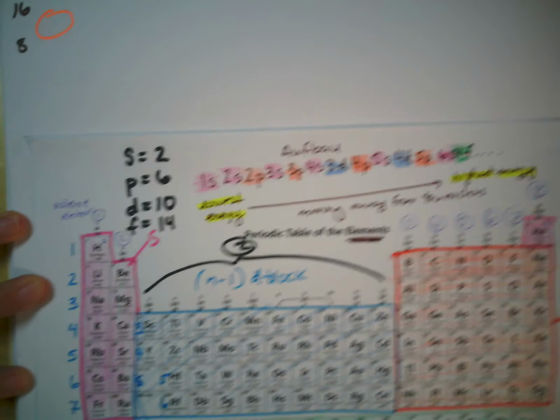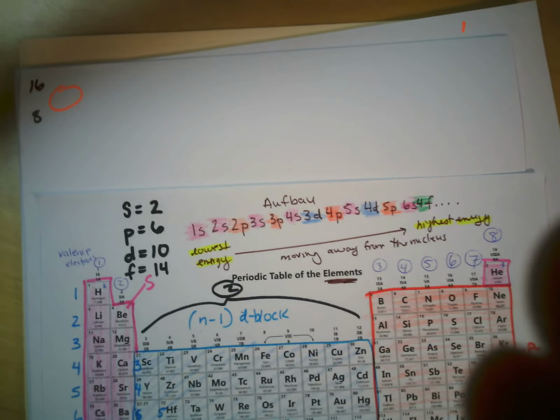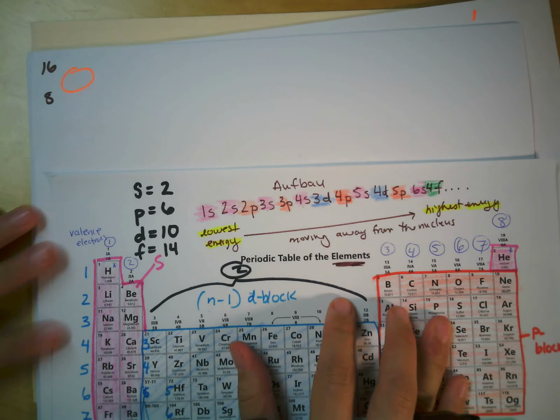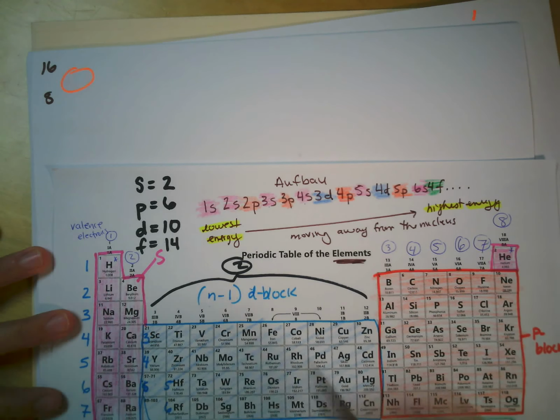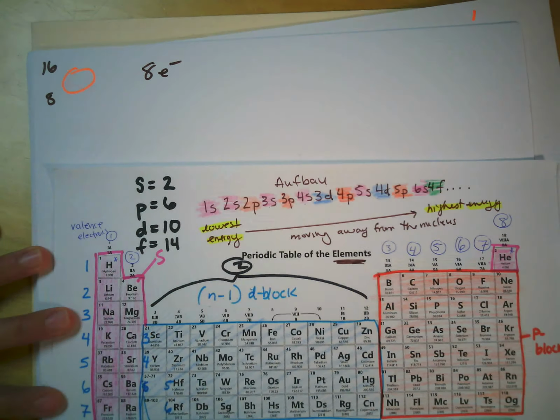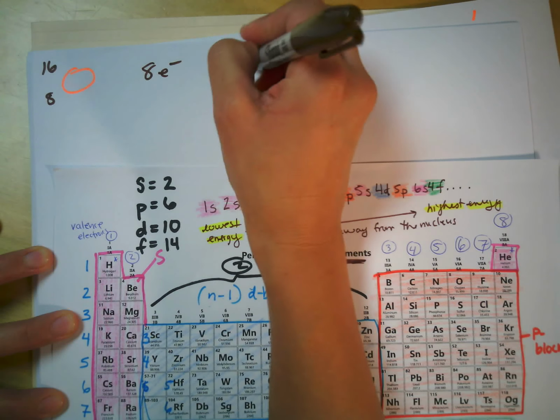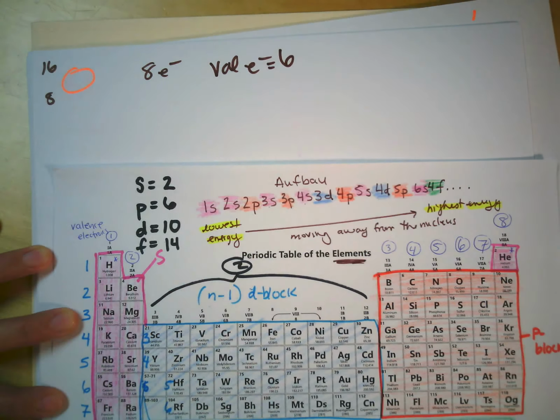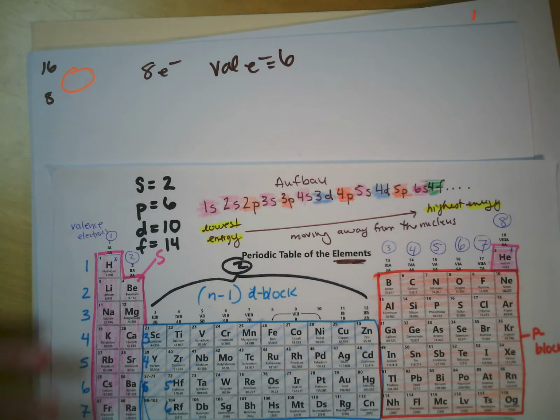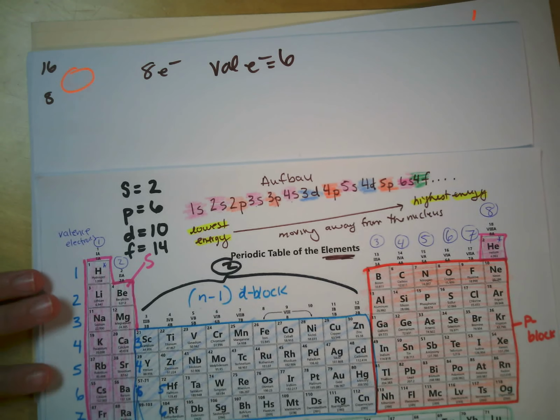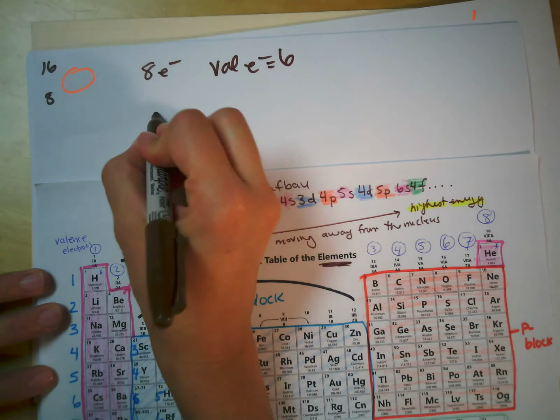Let's bring this just a little closer. Not sure if that helped you. This has 8 electrons, and oxygen is in the 6th column, so we are going to know it will have 6 valence electrons. We can also double check that when we do our electron configuration, and then we'll draw a Lewis structure. All right, so we have 1s2,